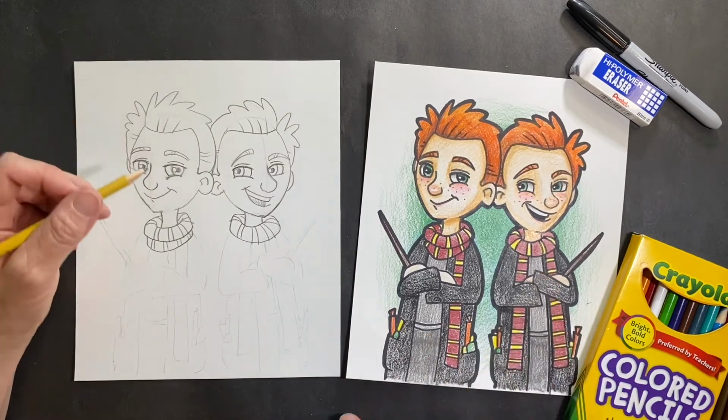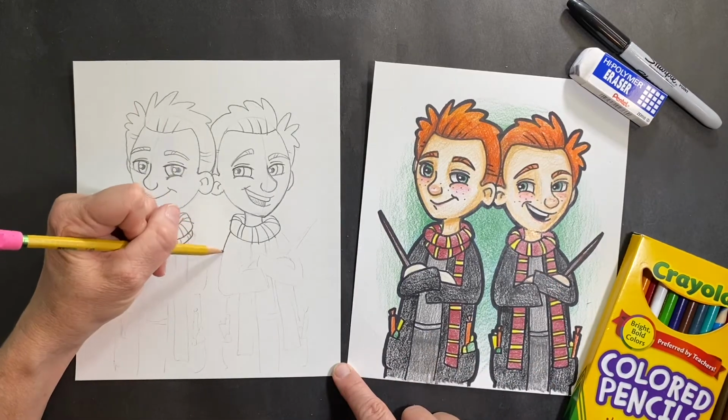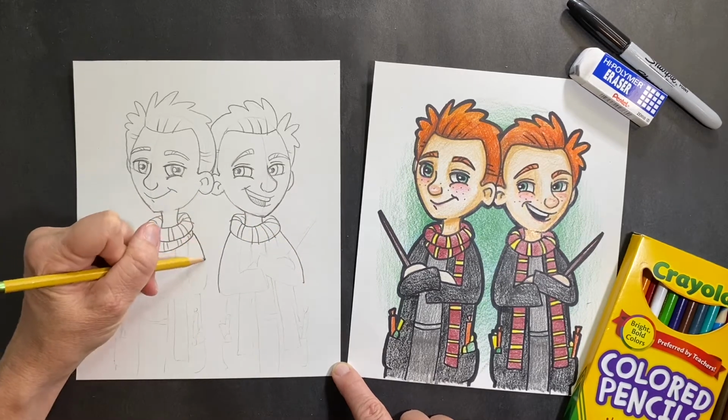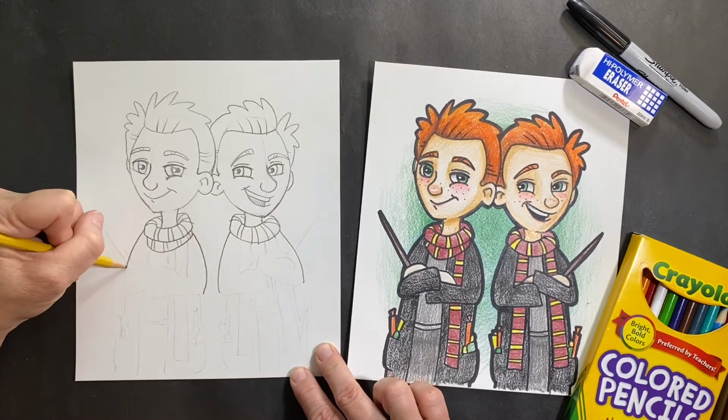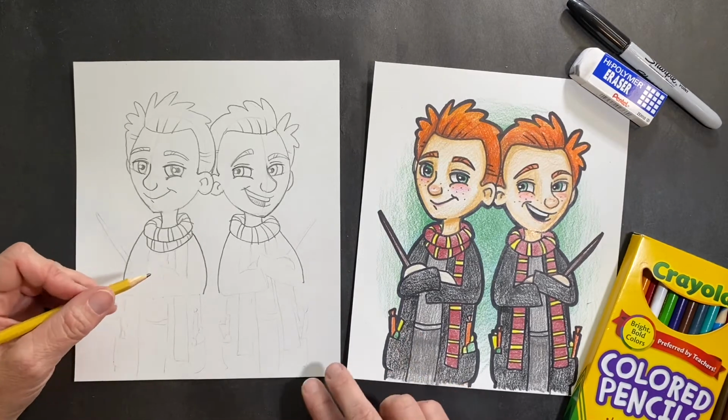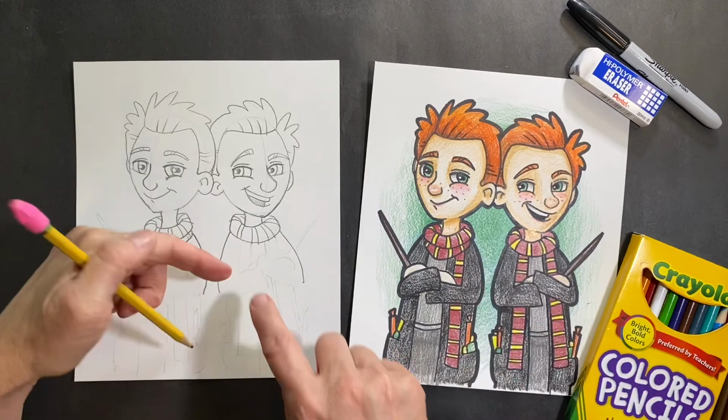All right, I'm gonna make him have just a little bit of hair here, right there. Make it a little sharper. Okay, so we're gonna do his arms coming out. So make arms, 1, 2, 3, 4. Super job. And now for his arms, this way is gonna be like an